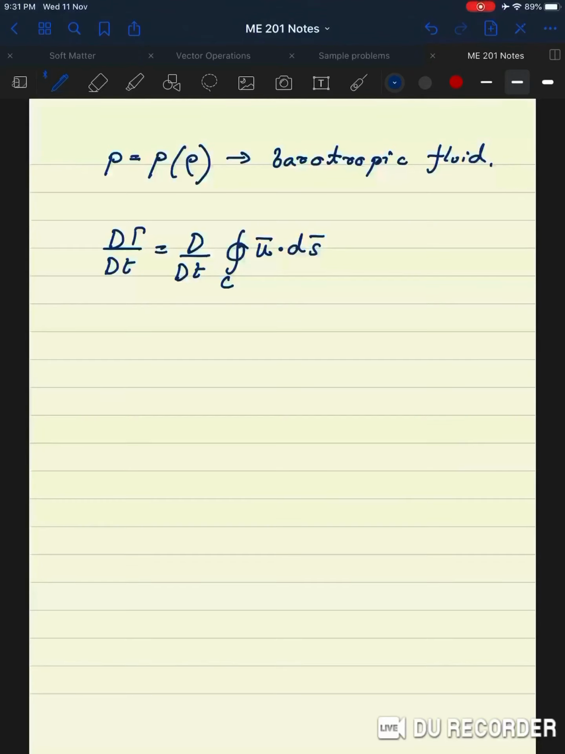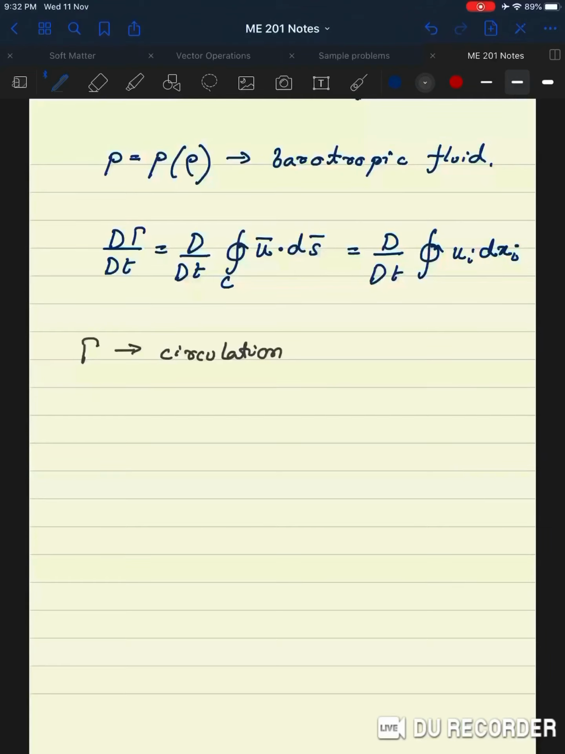So this is actually going to be equal to d/dt of u_i dx_i. This is just the index notational form of the dot product, right? Okay, just as a reminder, this is circulation,